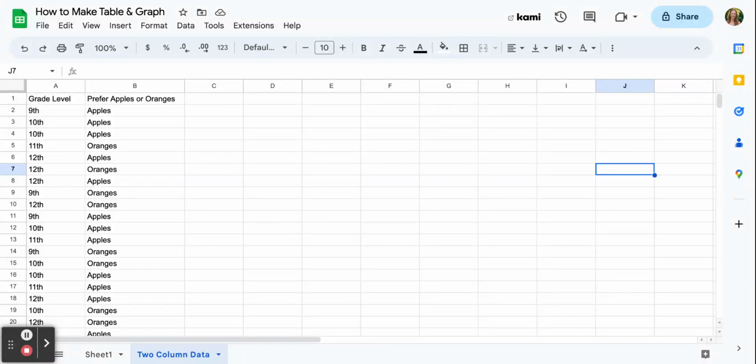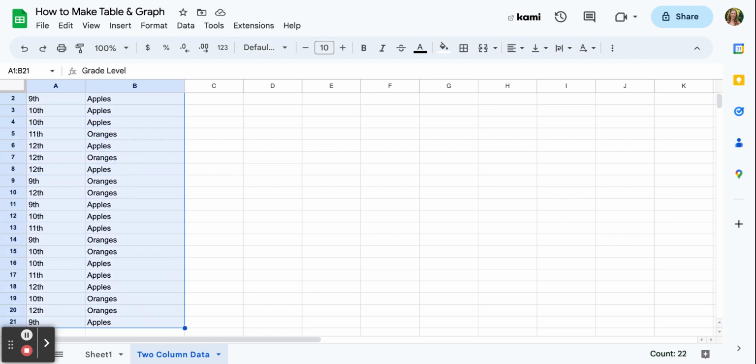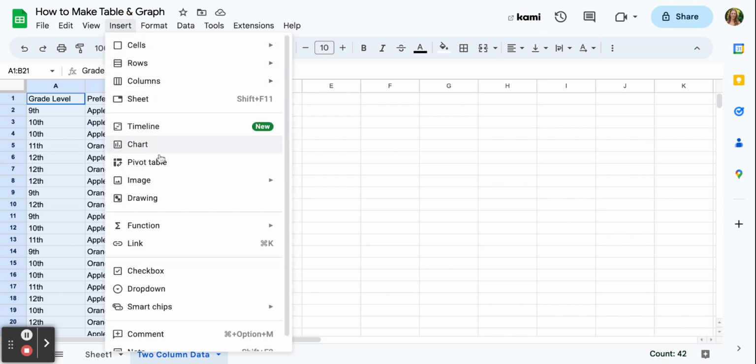If you're trying to create a graph when you have two sets of categorical data, meaning you don't have numbers in one of the columns, what you want to do in Google Sheets is first go ahead and highlight the data that you have. Once you've done that, if you click at the top, Insert, and you click on Pivot